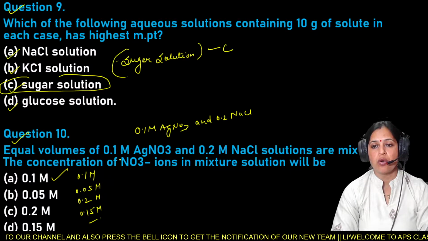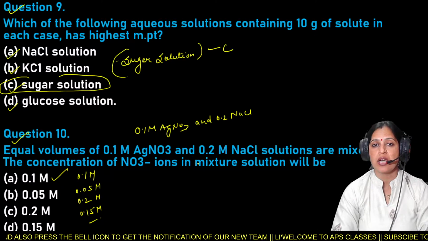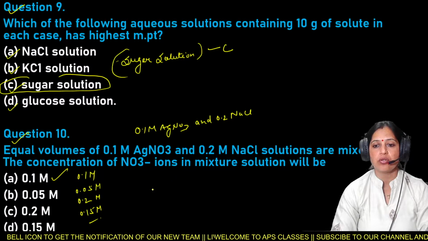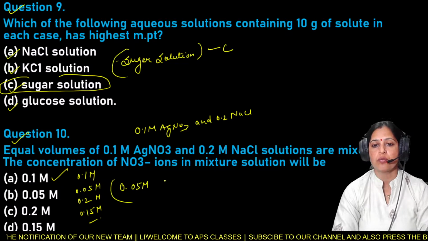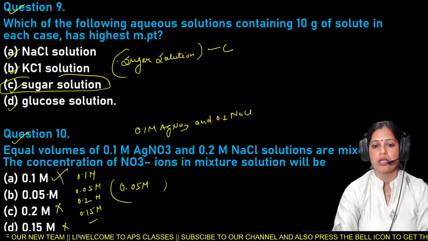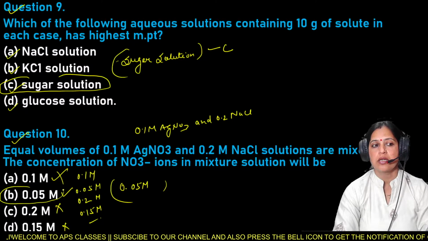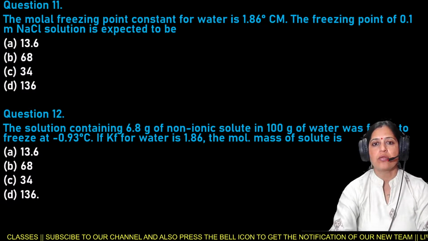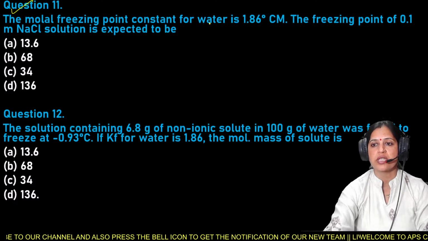So when equal volumes of 0.1 mole AgNO3 and 0.2 mole sodium chloride solutions are mixed, the concentration of the nitrate ions in the mixture will be 0.05 mole, not 0.1 mole, not 0.2 mole, and not 0.15 mole. 0.05 mole is the right answer for the question number 10. Next is your question number 11, and your question number 11 is: the molar freezing point constant for water is